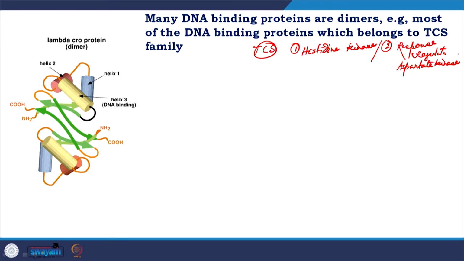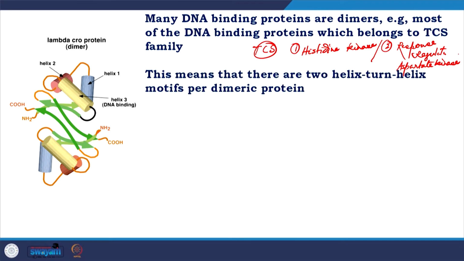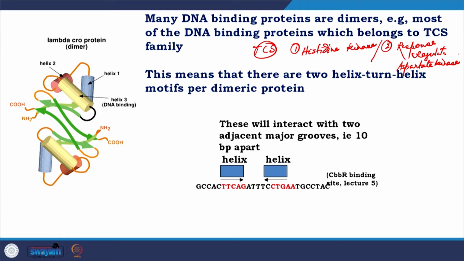So, they bind by making dimers. This means that there are two helix turn helix motifs per dimeric protein, one coming from monomer A, the other coming from monomer B. This will interact with two adjacent major grooves, that is 10 base pairs apart, and nowadays